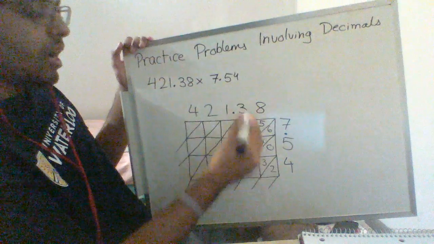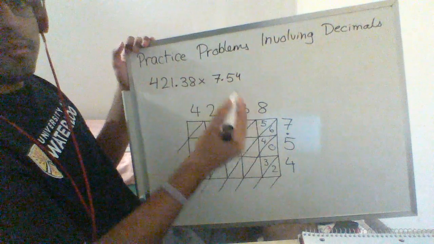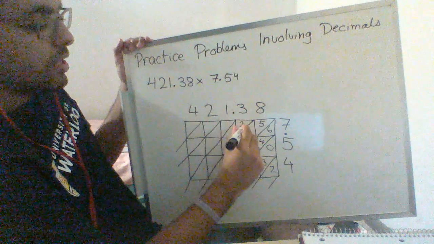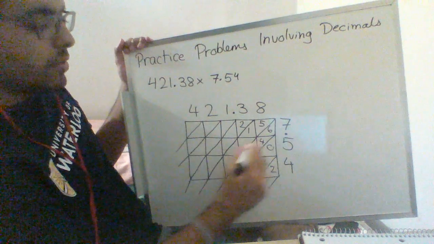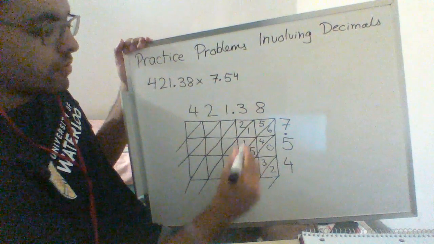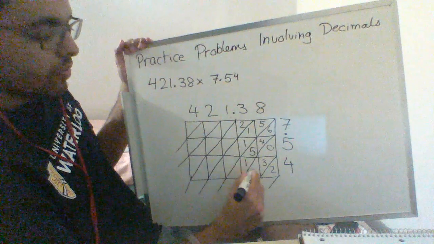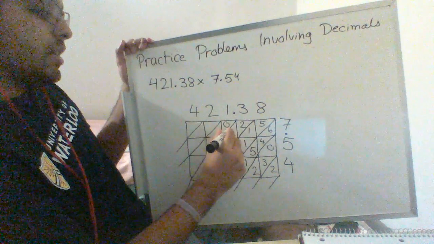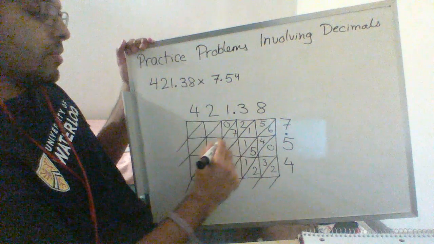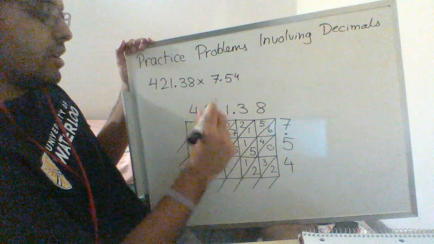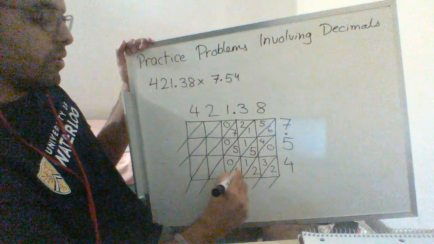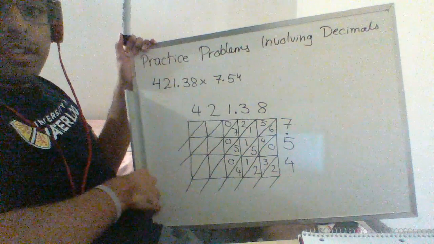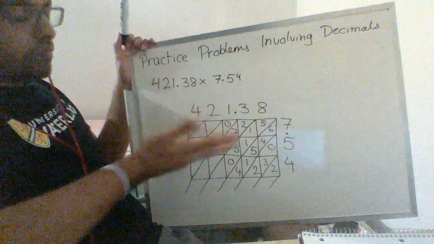I'm just going to keep going top to bottom, right to left. So if we keep going, we have 3 times 7 is 21, 3 times 5 is 15, and 3 times 4 is 12. Moving on, we get 1 times 7 is 7, 1 times 5 is 5, and 1 times 4 is 4. So the columns with 1s are always a little bit easier to fill in than some of